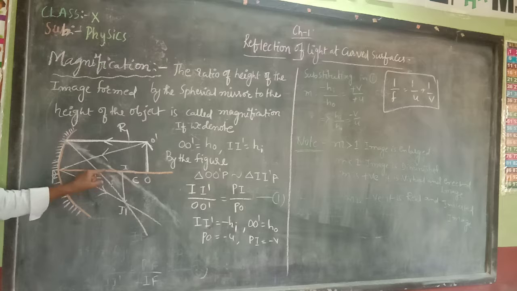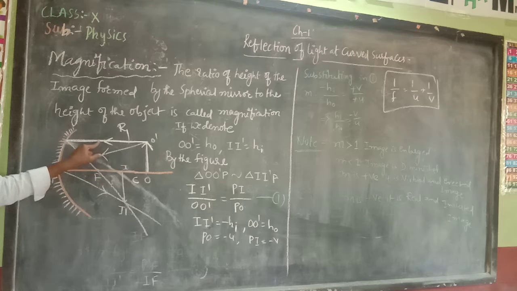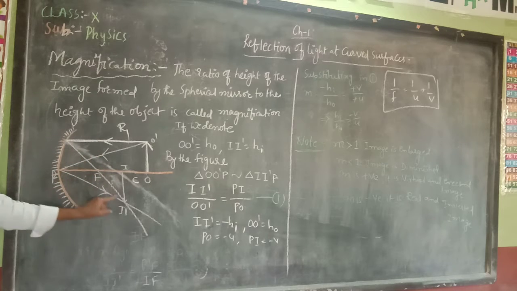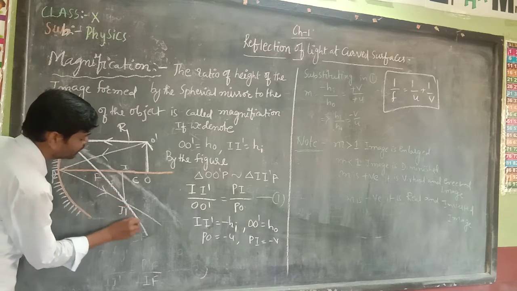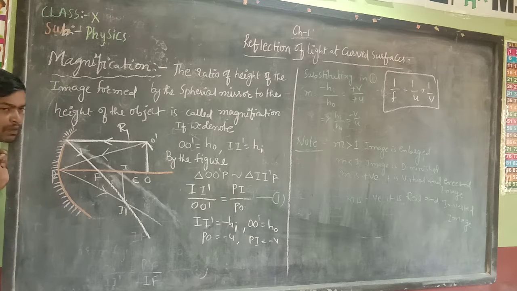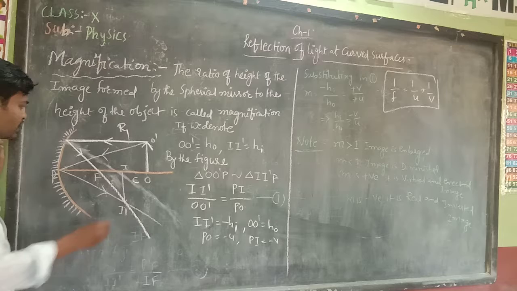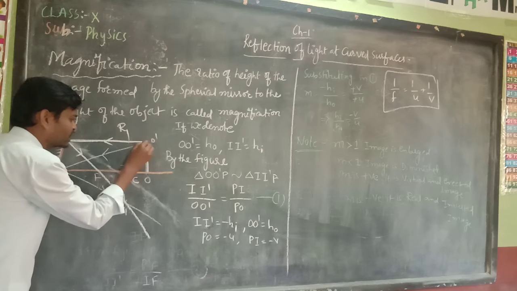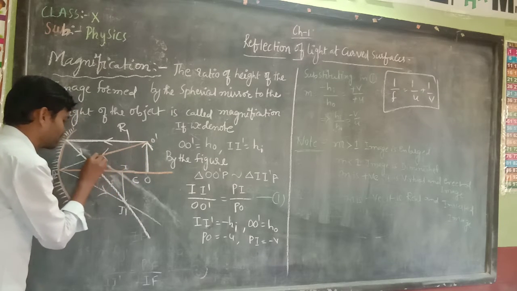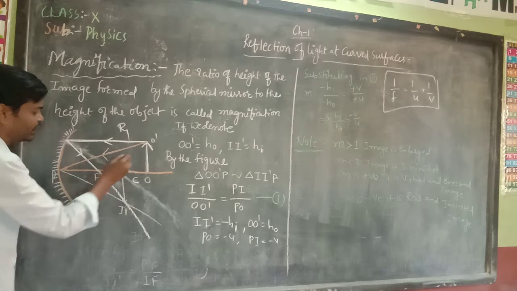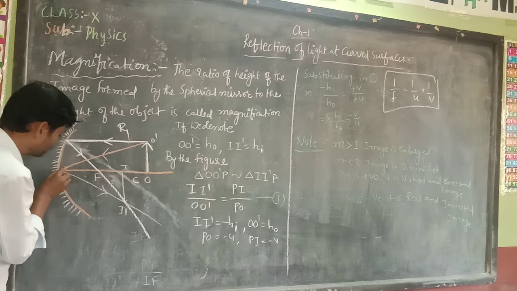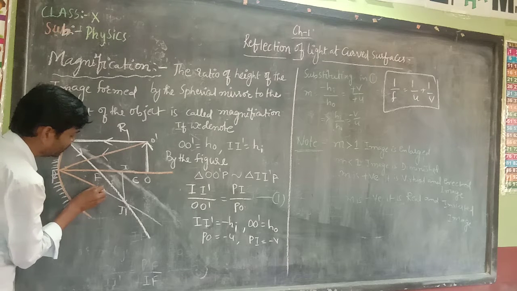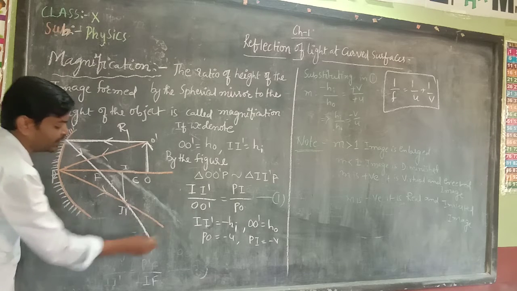If a ray is parallel to the principal axis, then what happens after the reflection? It will pass through the focus. So, this one is the reflected ray which is passing through the focus. And the other ray which I am taking is making some angle with the principal axis at the pole. With the same angle it gets reflected on the other side.